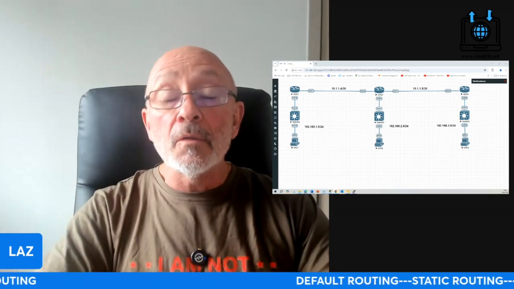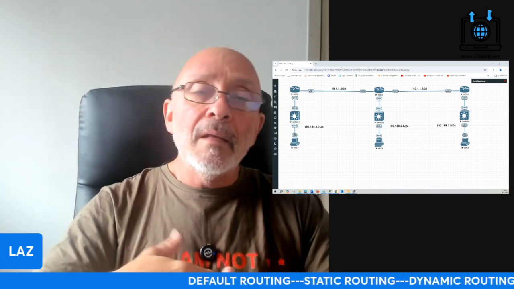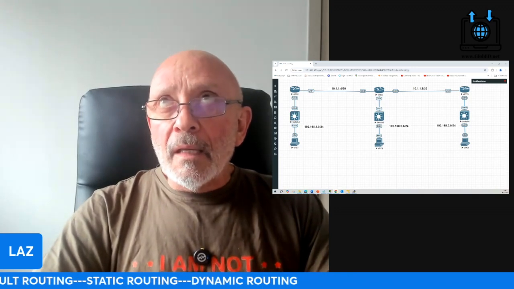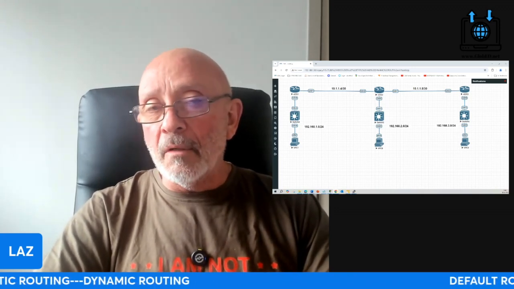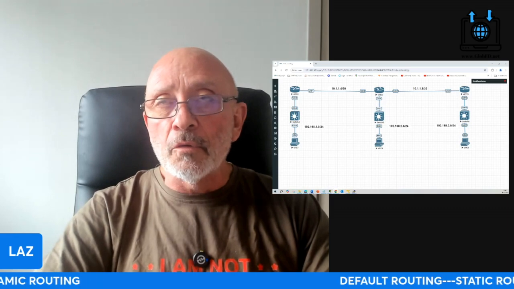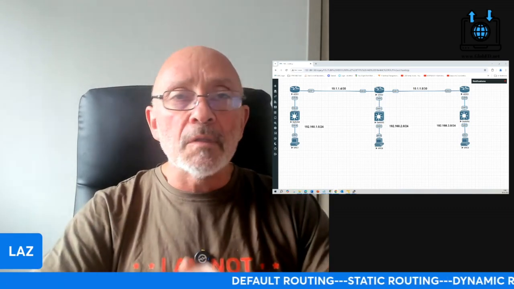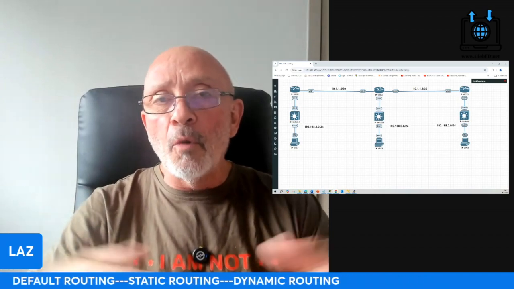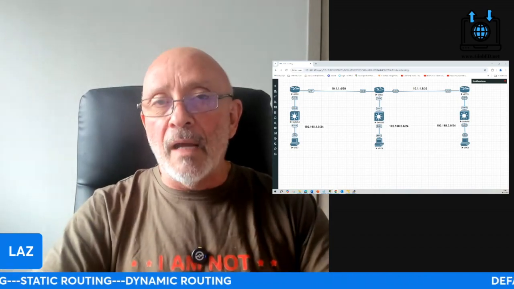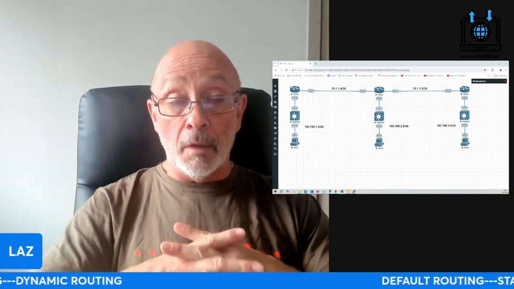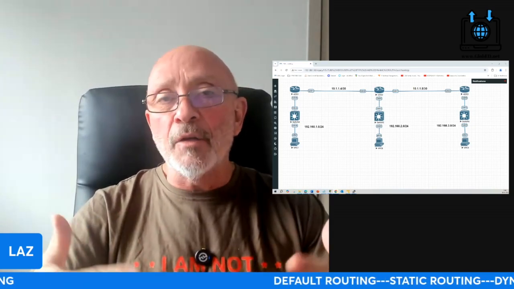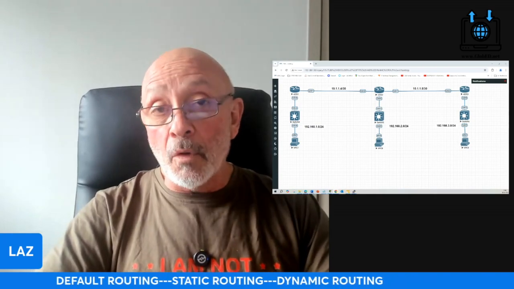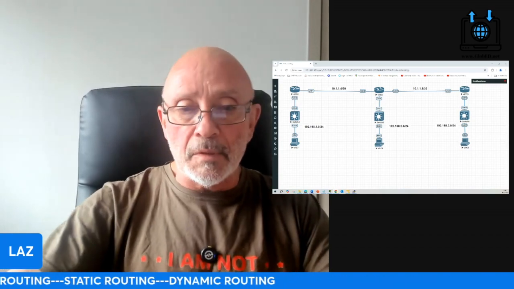So now we want a routing protocol. Now, obviously, RIP version 2 has a maximum hop count of 15 routers that it goes through. So it's considered for small networks, not too complex, but you're growing, right? Let's say you added 2, 3, 4 more routers. You don't want to put in static routes. It's too much of a burden on you. So in order to not manage that manually yourself, you go ahead and create a dynamic routing protocol. Okay, and in this case, we're going to do RIP. So let's go ahead and do that.